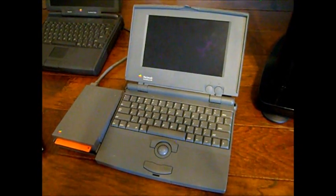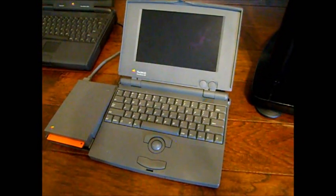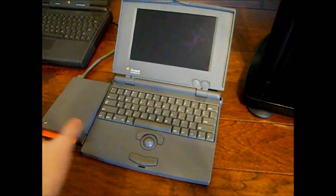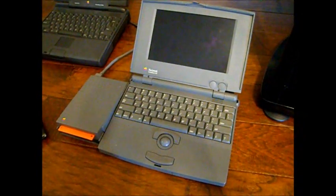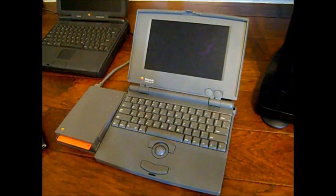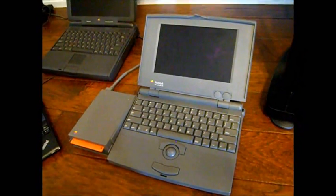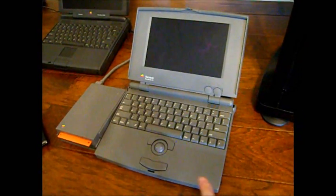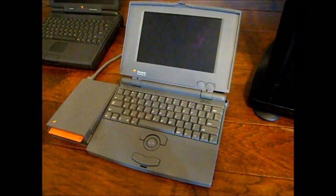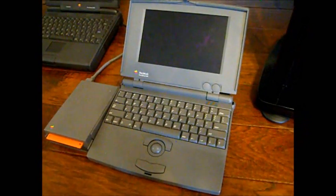Alright, so back again working on the Powerbook 100, and in my last video you guys saw that I had replaced all the capacitors and finally got this thing to at least post, not necessarily boot up. In the time between the last video and this video, I've tried several different hard drives. I actually had a friend of mine, goes by the name Blue BMW, he sent me a couple of hard drives that were SCSI for this machine, and I tried several, and I can't get any of them to boot or